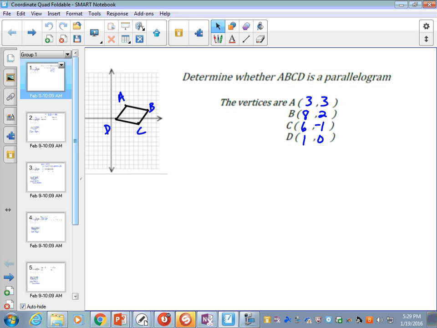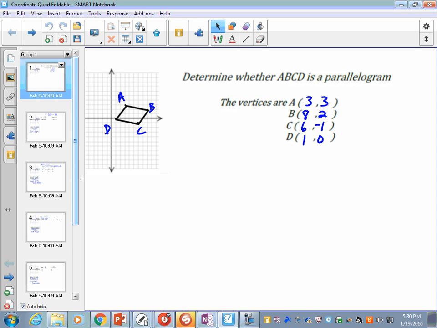But page 8, the light blue quotable, dealt with using coordinate geometry to prove a quadrilateral is a parallelogram, or just to prove any type of quadrilateral. So on the first tab, you need to fill in the following vertices. I think one class got this. So A was (3, 3), B was (8, 2), C (6, -1), and D (1, 0). I need you to graph the points, connect them, label the points A, B, C, D, and then we're going to go into method 1,